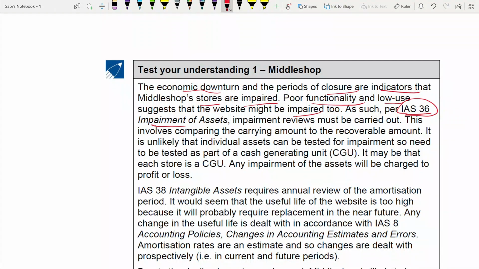You have to go through the standard IAS 36, which is there in my playlist for the SBR lectures. Because current issues is the last lecture, the last topic, you have to be thorough with all your previous standards once you come to current issues. In your textbook also, if you see, that is the last topic to be discussed.